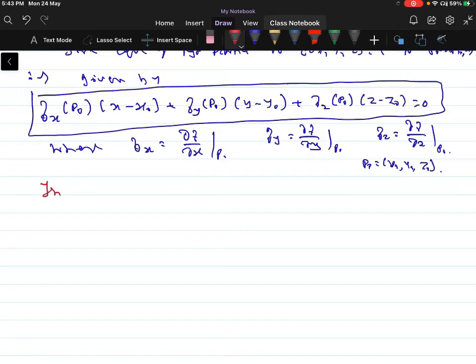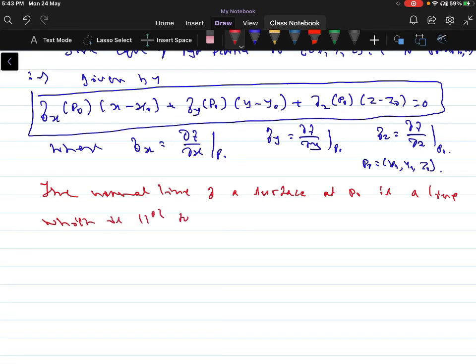The normal line of a surface at P naught is a line which is parallel to the gradient of f at p naught, and it is given by